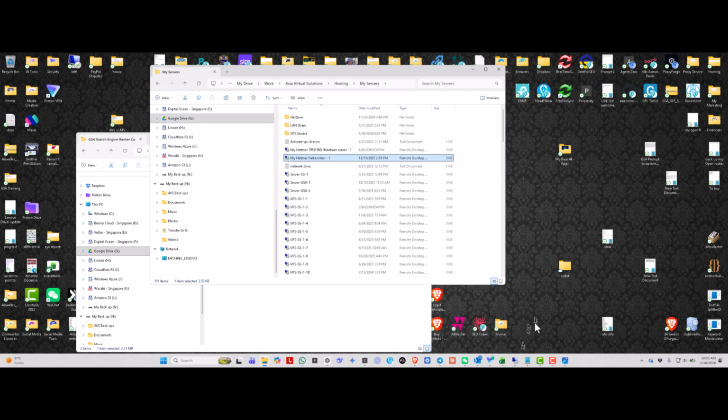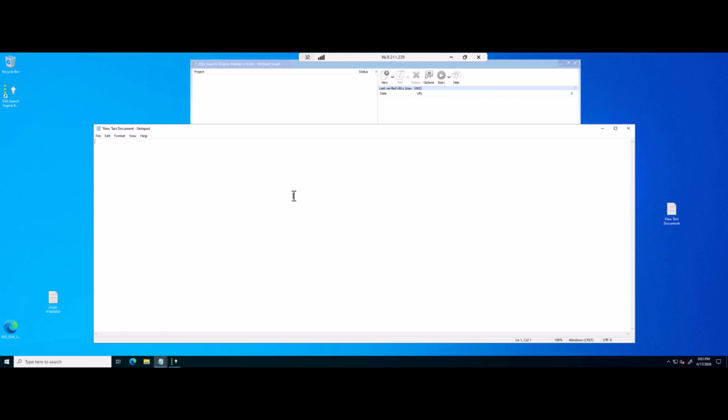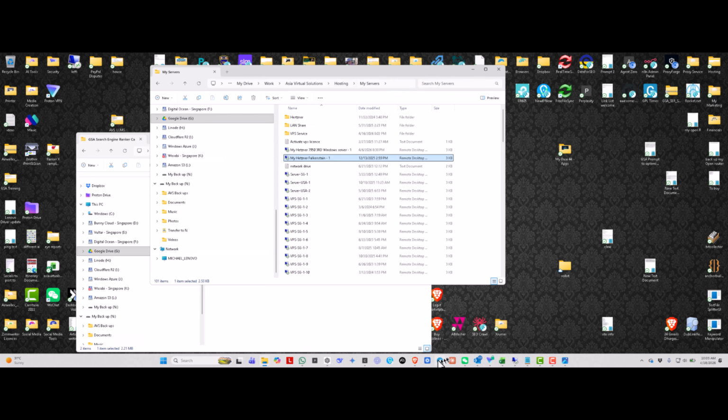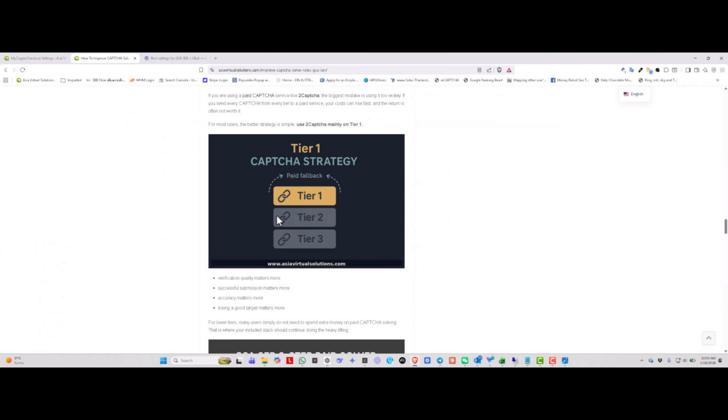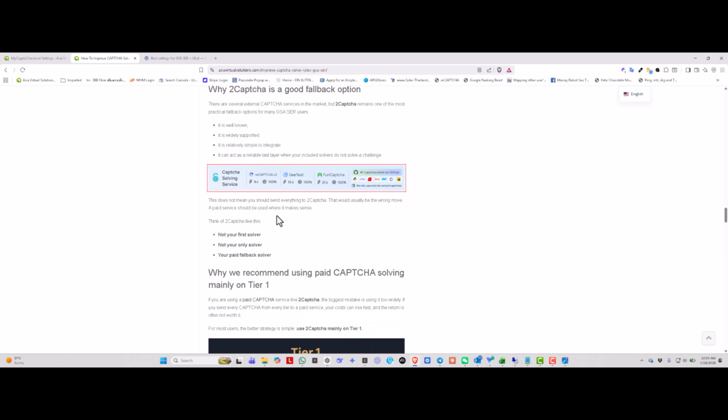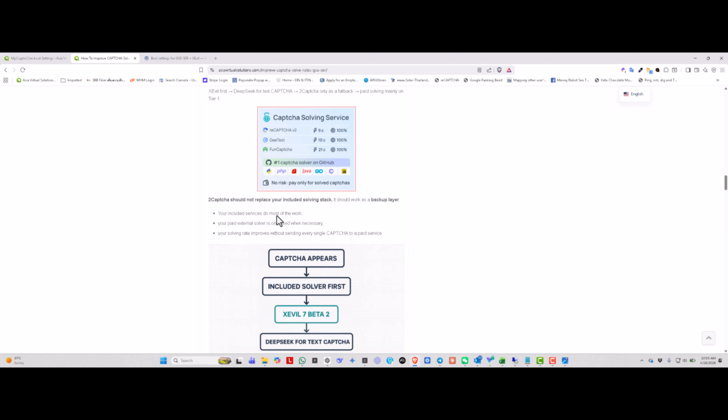So most people will buy GSA Search Engine Ranker, and then they buy GSA CAPTCHA Breaker, and then they think GSA CAPTCHA Breaker will solve everything. But it couldn't be further from the truth. At the moment, for CAPTCHA solving, we use